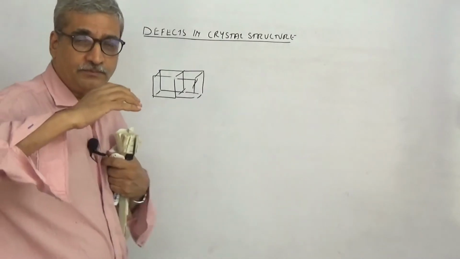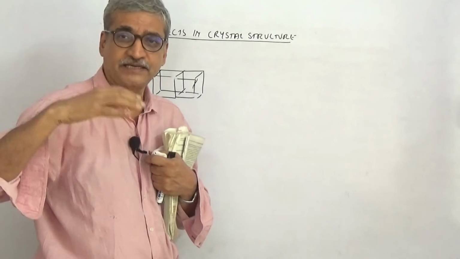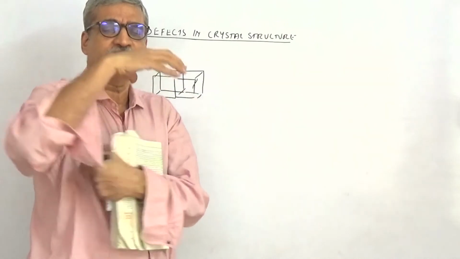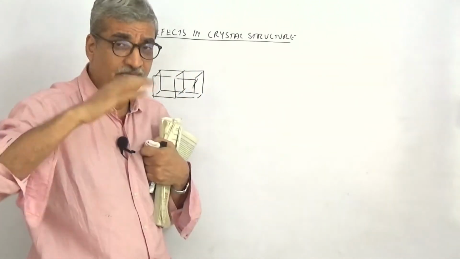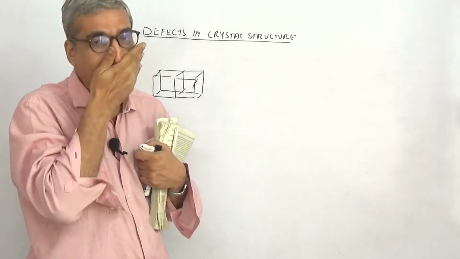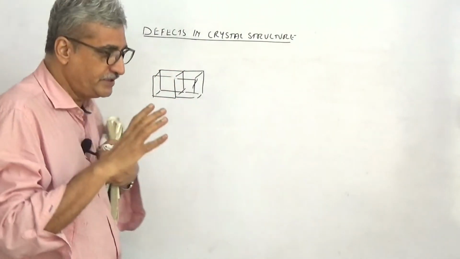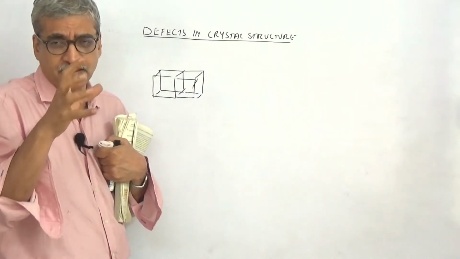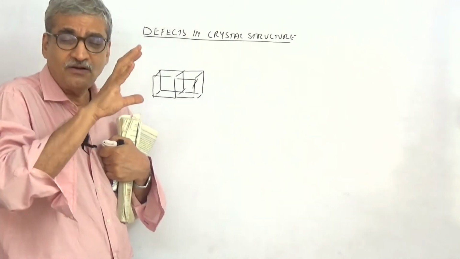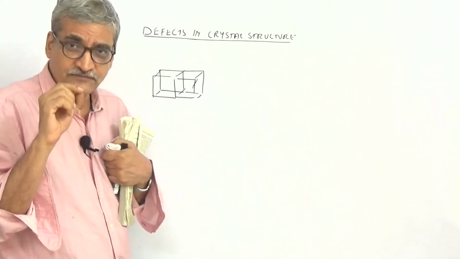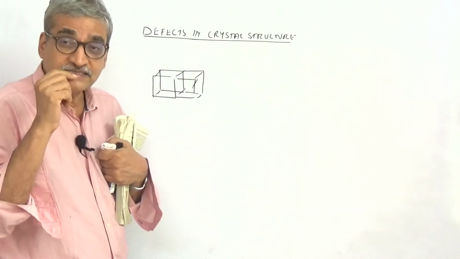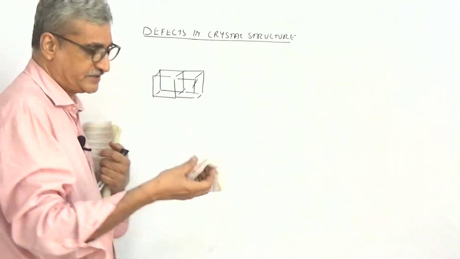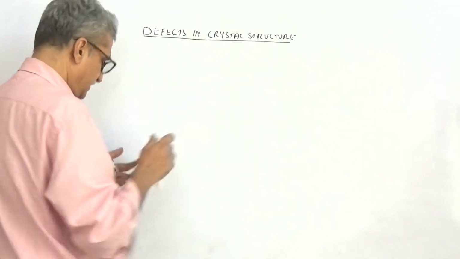I told you about building up the crystal. How does the crystal get built up? The crystal gets built up when one unit cell is surrounded by other unit cells and so on, and they are in a perfectly ordered manner. There will be a perfect crystal. So one of the conditions is that when you are building the crystal, the pouring of the molten metal, the ionic liquid, all has to be very slow. If it is a little fast or not at the correct rate, then slippages can occur, and these slippages cause what we call crystal defects. Is this clear? So what are the basic crystal defects there?